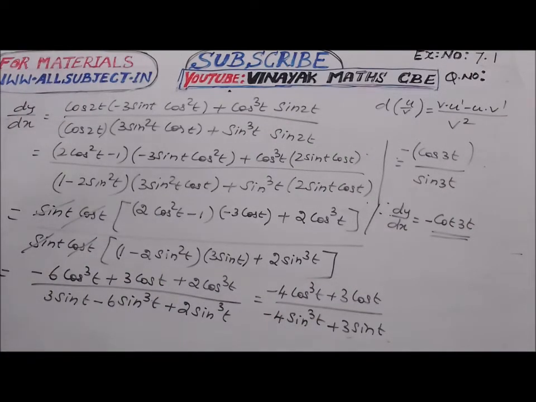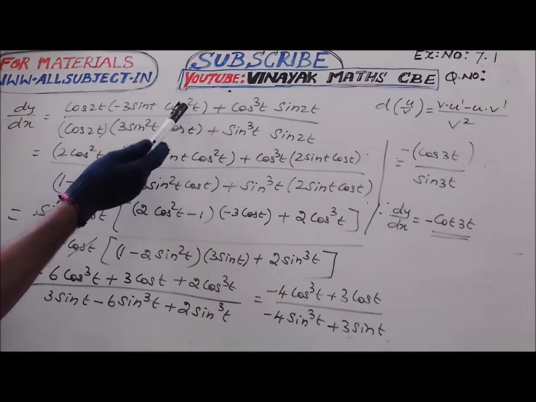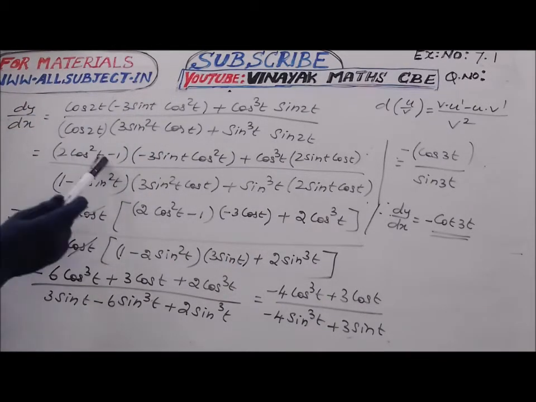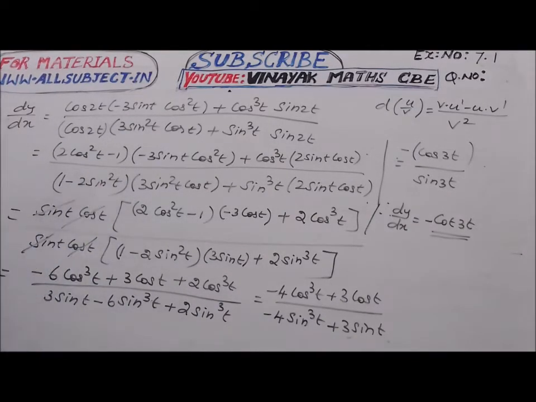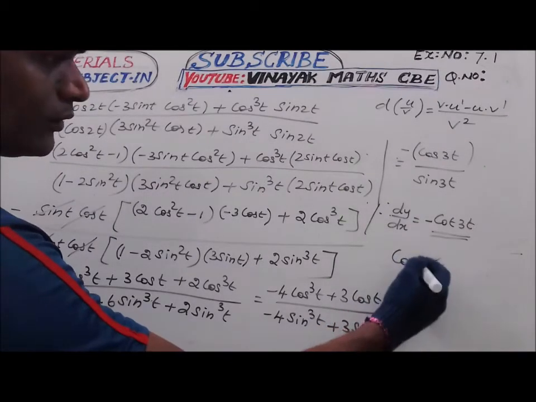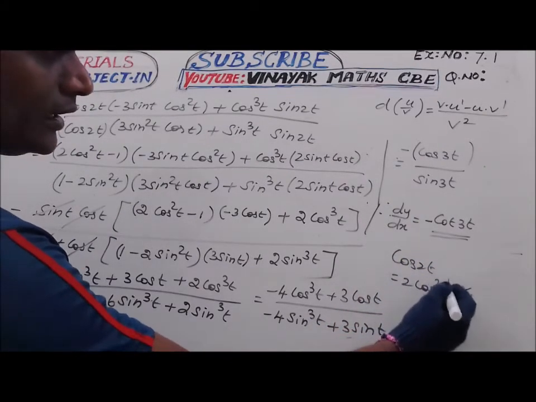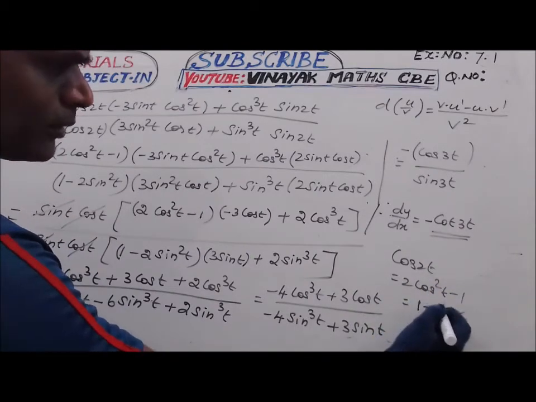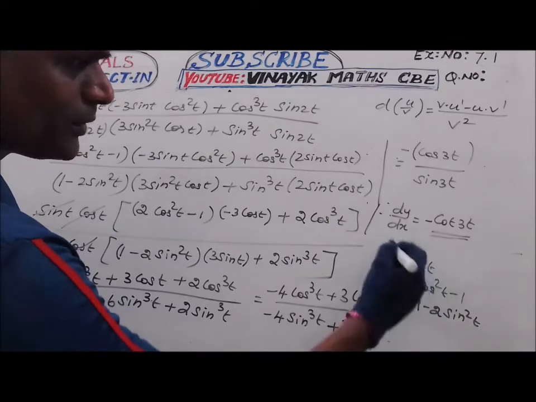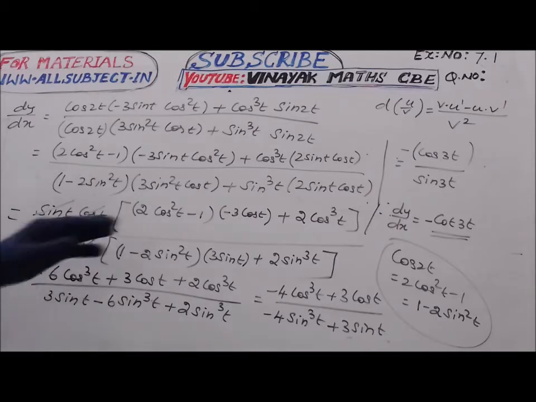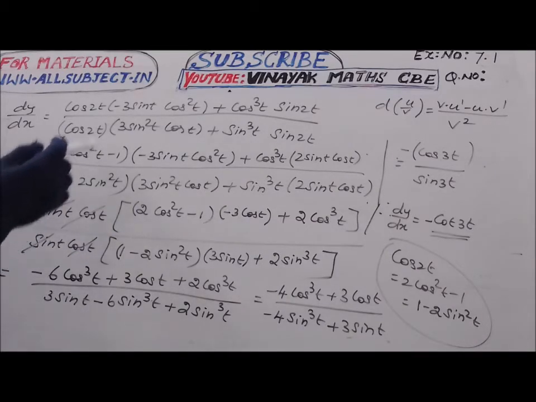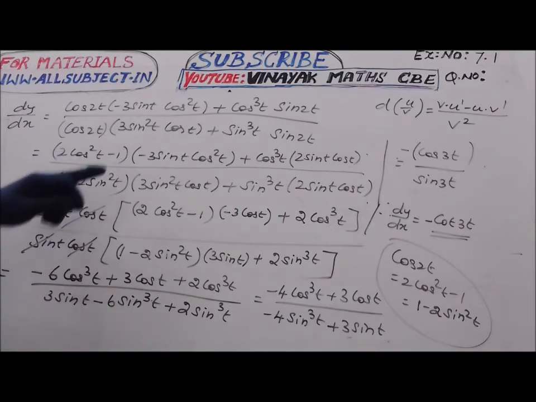Look here. If the numerator contains cos square, substitute cos 2t as 2 cos square t minus 1. If the denominator contains sin square, substitute cos 2t equal to 1 minus 2 sin square t, because cos 2t is equal to 2 cos square t minus 1, which is also equal to 1 minus 2 sin square t. So both represent the cos 2t formula. We should substitute according to our answer, so that we can take out the common sin t cos t. For that purpose, in the numerator I have substituted 2 cos square t minus 1, and in the denominator I have substituted 1 minus 2 sin square t, and then taken out sin t cos t from the numerator and denominator.